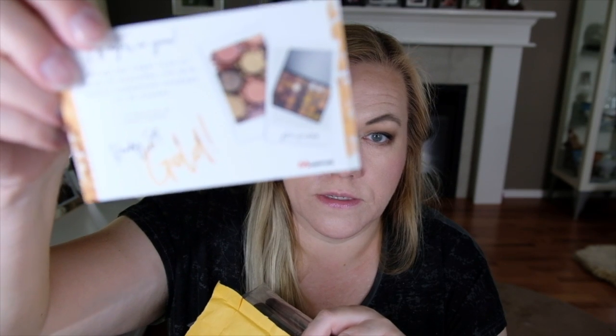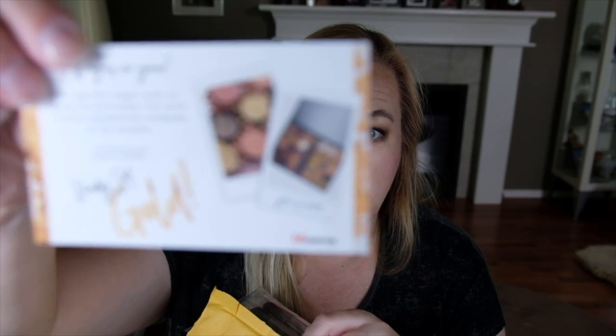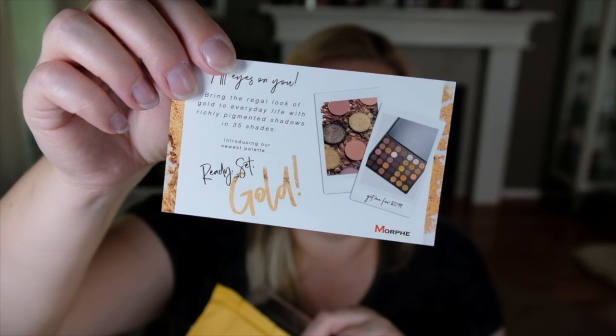Company down in California. Come on, you can do it. There you go. Company in California that makes brushes. I believe these are all made in China. But they're not super duper cheap, but they're way cheaper than what you can get from Bobbi Brown or MAC or even Sigma brushes. And I have had really good success with these brushes from Morphe. So I just needed a few more because as I'm getting better with makeup application,